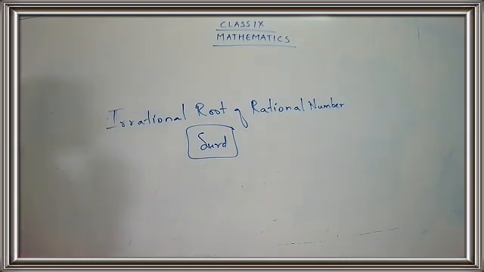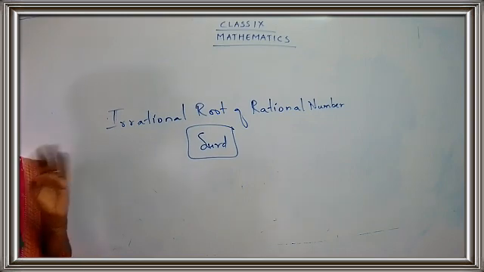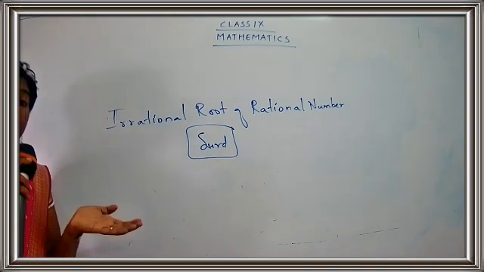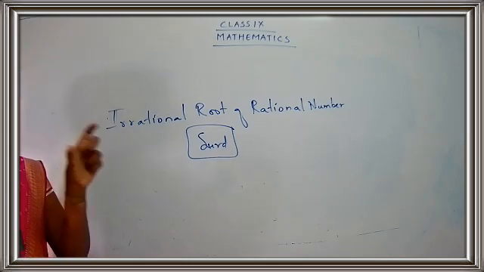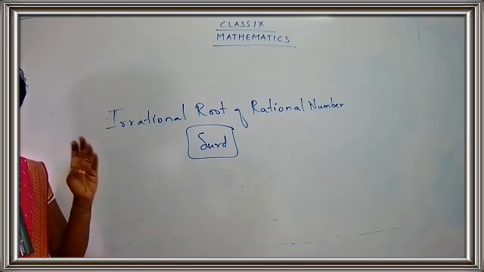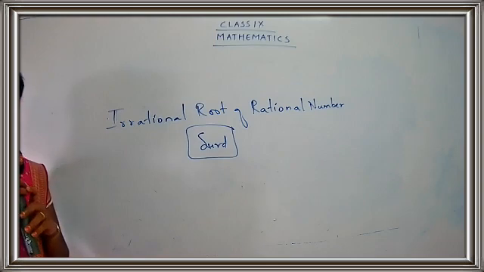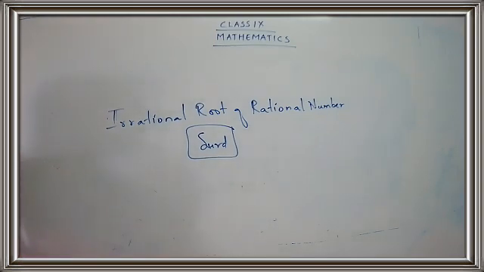What is a simple surd? Simple surd means it contains only one term. And what is the meaning of compound surd? It contains more than one term, or you can say it contains more than two terms along with the algebraic operation. It can contain a plus sign or it can contain a minus sign. And also we have seen about the binomial surds. That is, binomial surd is an algebraic sum of two terms.